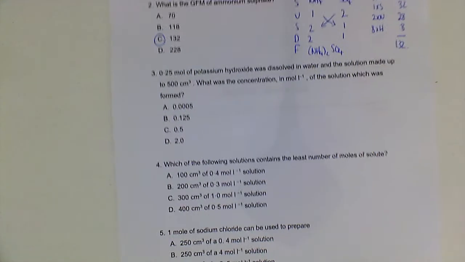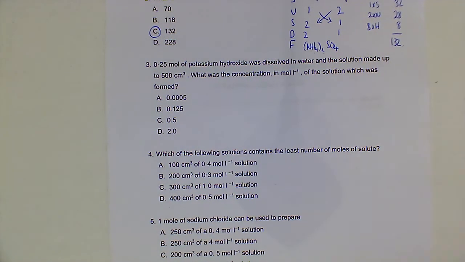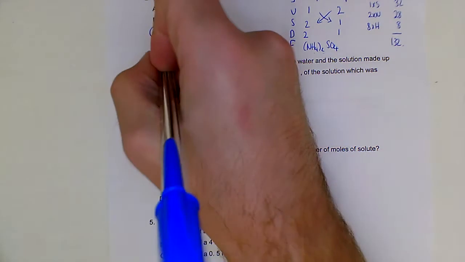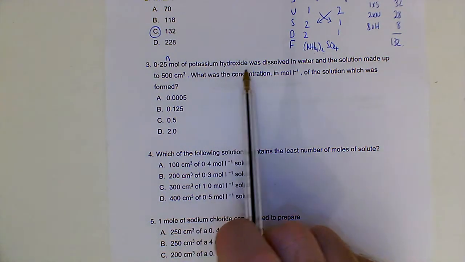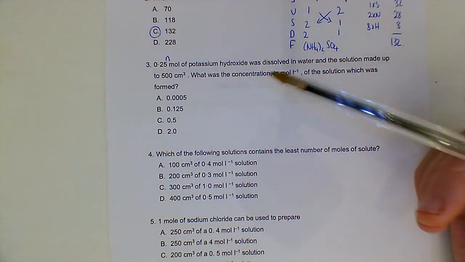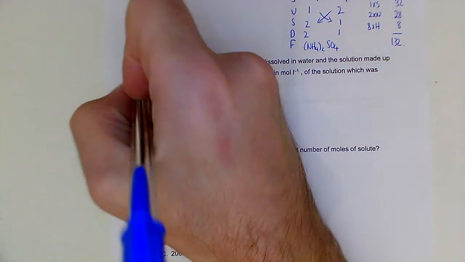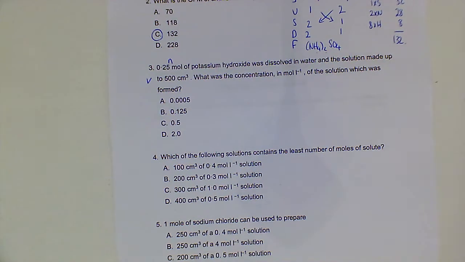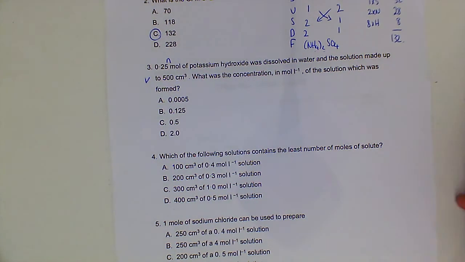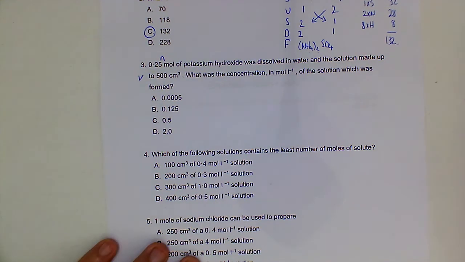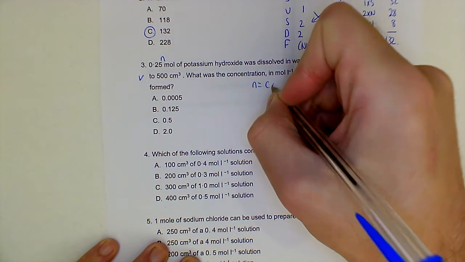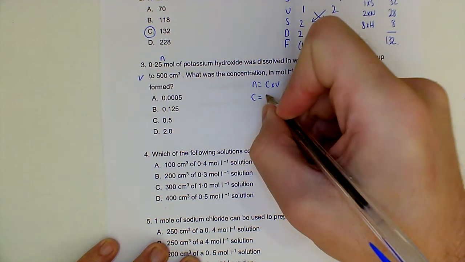Right, the next questions are going to be more mole calculations based ones. We've been told here 0.25 moles, so that is a number of moles, so that's an N. I'll label that in the question so I don't forget. Potassium hydroxide was dissolved in water and the solution made up to 500 centimetres cubed. Well, 500 centimetres cubed is a volume. So I've got an N and I've got a V, and the question is asking for concentration. If I remember, N equals C times V, so concentration is going to be